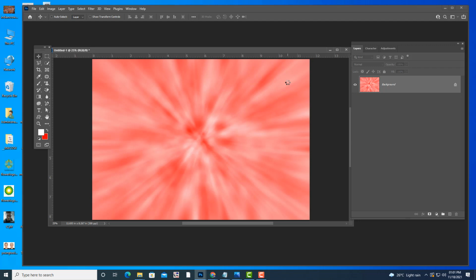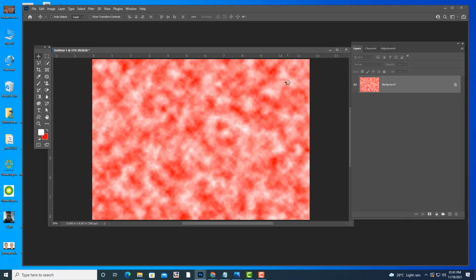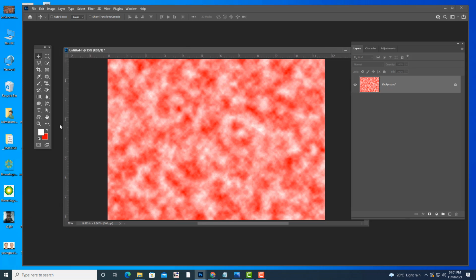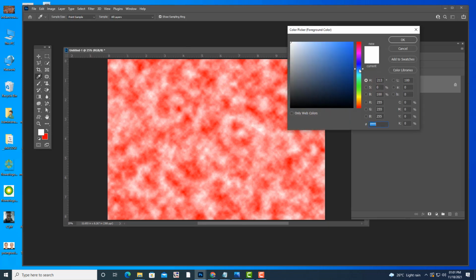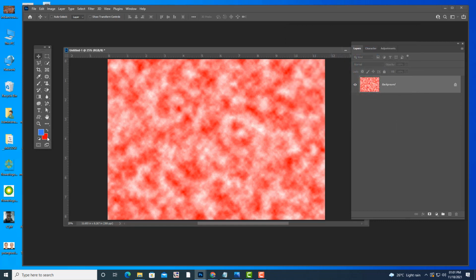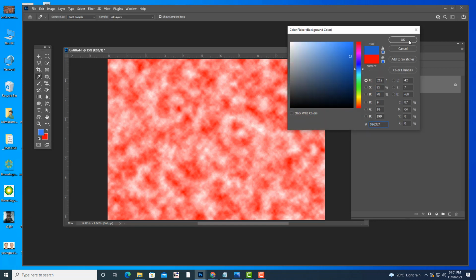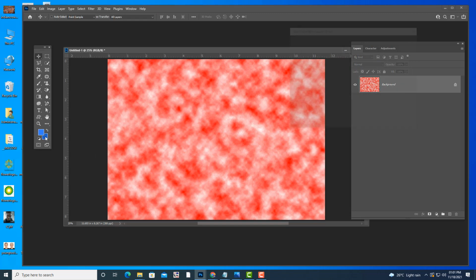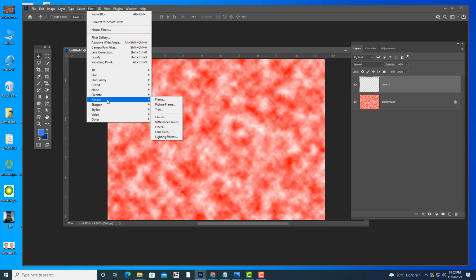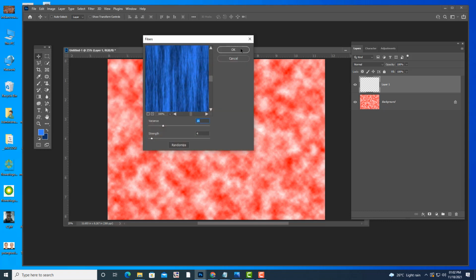Okay, and not only this kind of effects, we can also create textures. If you want to create some nice texture using filters, you can also create. So let me create one nice texture. I am going to select a dark blue and light blue. I'm going to take a new layer and let me apply fibers.